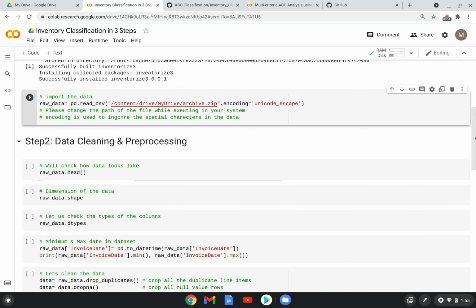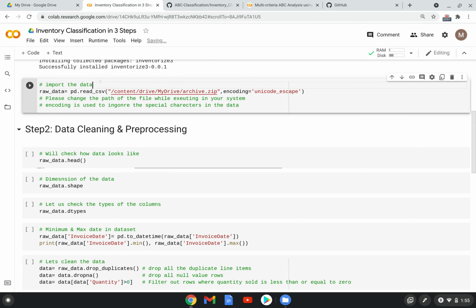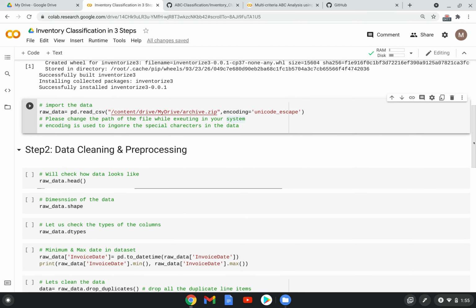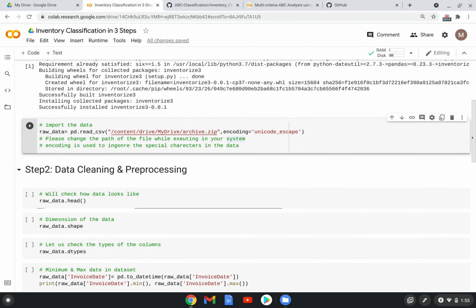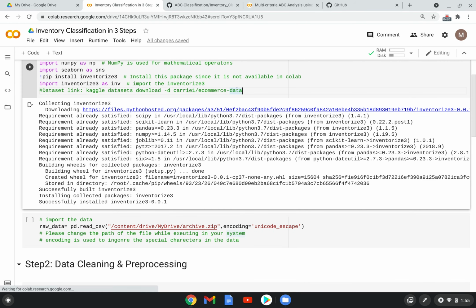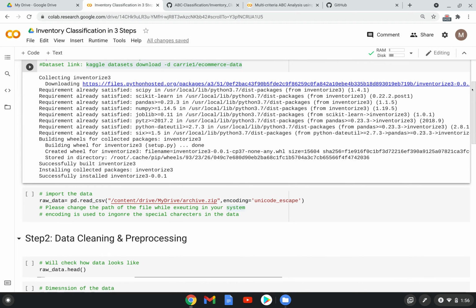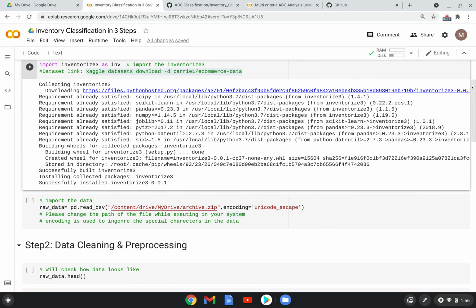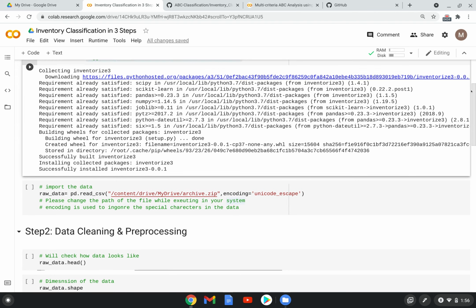So let's go to the next step, which is importing the data. Let's import the data from my Google Drive. This data is a sales transaction of an online store. You can download the data from Kaggle through this link. Otherwise, as I mentioned earlier, I will provide the dataset link in the video description. To that also you can access.